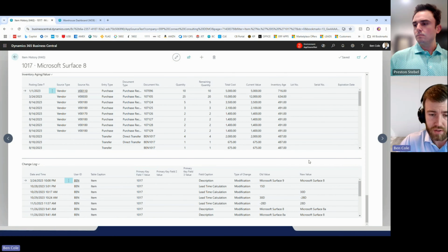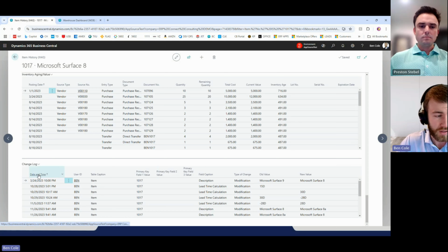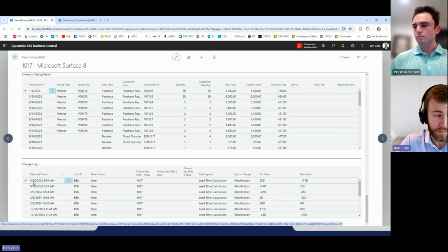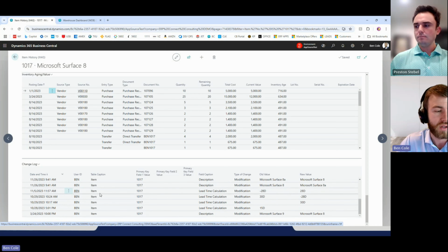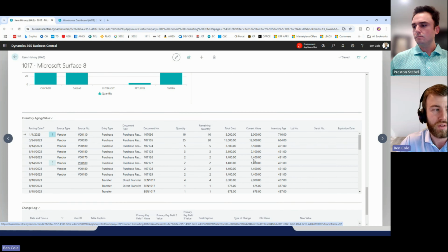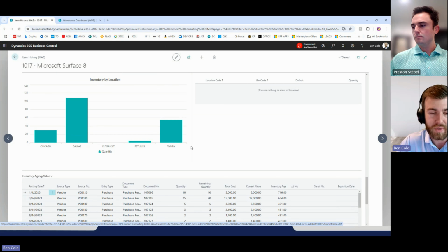And then the change logs. So similar to the customer, what's changing here? I can sort this by date. So maybe some of the more recent changes in 2024. Lead time calculations updating, descriptions updating. Looks like pretty much that's it. Lead times and descriptions. Who changed it? What changed? What did it used to be? What is it now? Again, the main goal of history and statistics is to do that deep dive